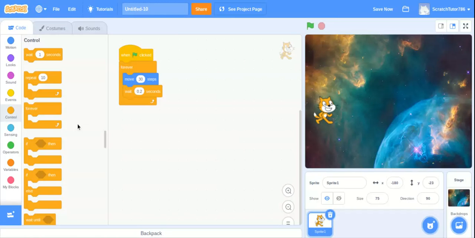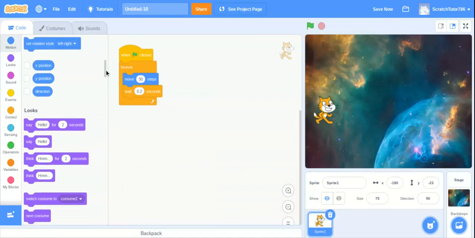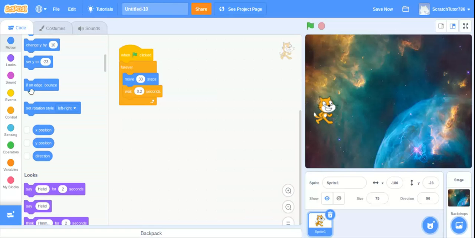This time what we need to do is add, if we go to motions, we go to the end of motions, it says if on edge bounce. So all these instructions were there from last week, but this time we're going to add if on edge bounce, because when he goes to the end, he should come back. So let's press the green flag, it goes to the end and he comes back, but he comes back upside down. So stop the program, bring him back here somewhere,